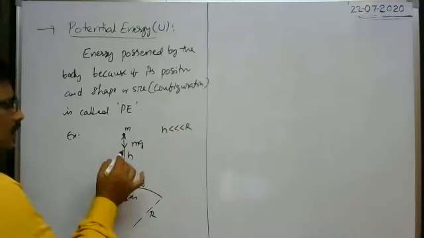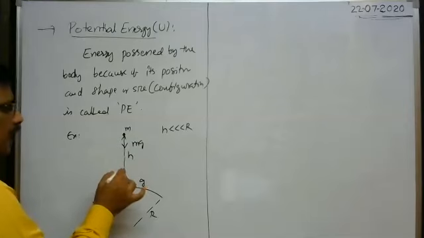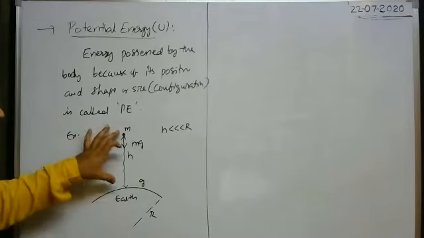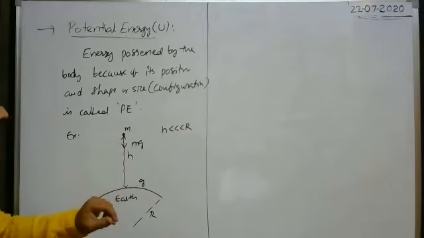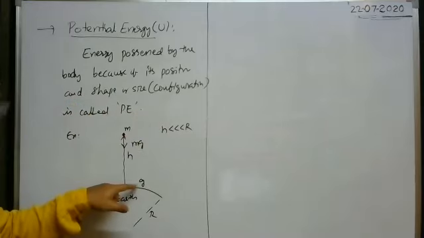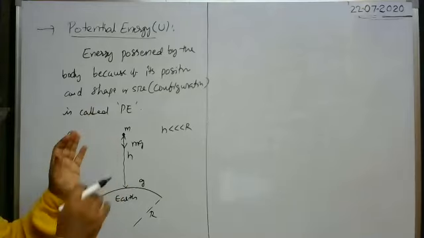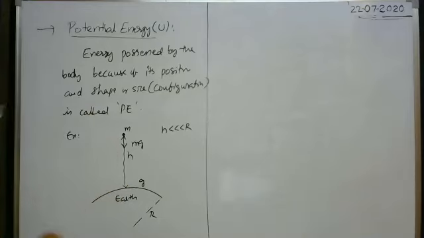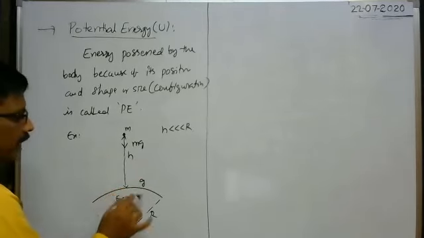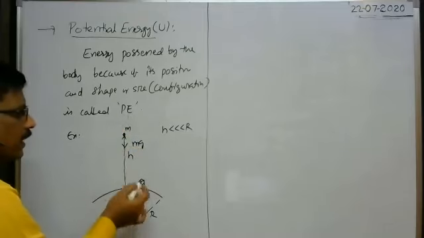That's why the acceleration due to gravity acts on the body at this point, this point, this point, or even on the surface of the earth. The g value remains the same because the height of the body from the surface of the earth is very small. If the height of the body from the surface of the earth is comparable with the radius, then the g value changes. That's why we are not considering that case. That case we can discuss in the gravitation chapter, not here. So the height is very small compared with the radius of the earth. In such a case, the acceleration due to gravity acting on the body at any time remains constant, equal to g.